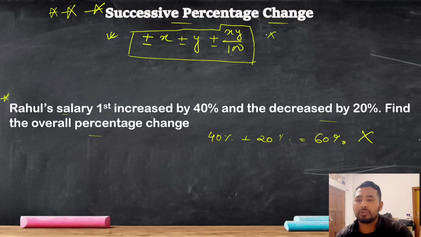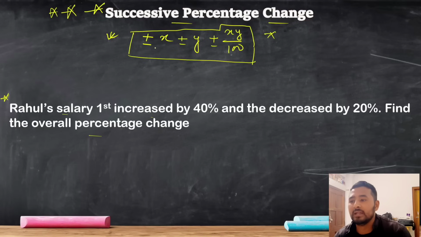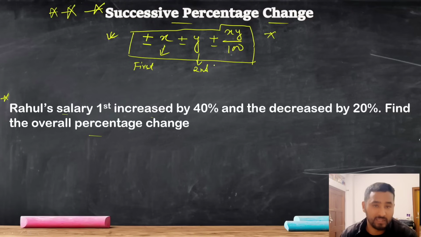Very important one, you should remember. Why I'm giving plus minus in the formula? It's because sometimes you get at the beginning, you might get decrease, and also you can say increase, okay. Plus minus y. Why? Because it might increase, it might get decrease. So x means the first value. You should remember x as first increase or decrease. This is the second percentage increase or decrease, okay.